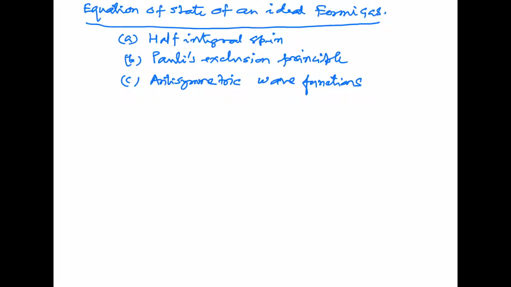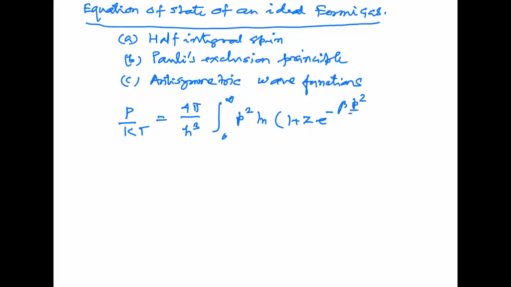The equation of state for an ideal Fermi gas may be obtained by eliminating z from the equations which we have derived earlier. P by kT equal to 4 pi by h cube integral 0 to infinity p square log 1 plus z e to the power minus beta epsilon, or beta p square by 2m we can write, into dp,